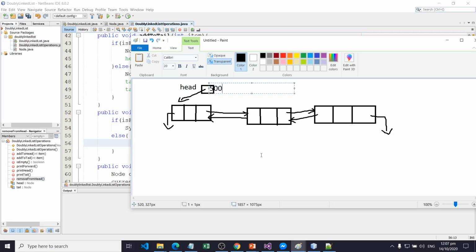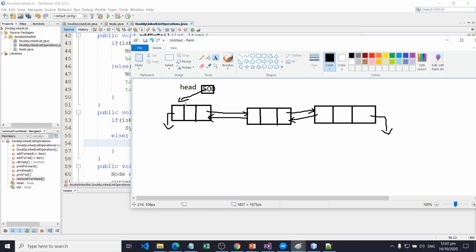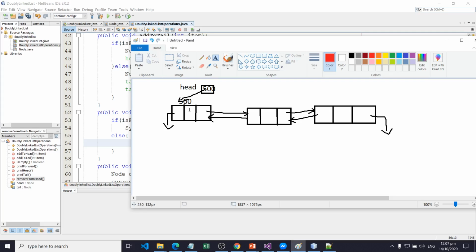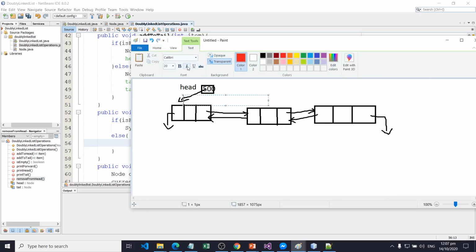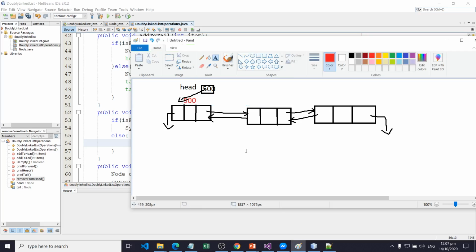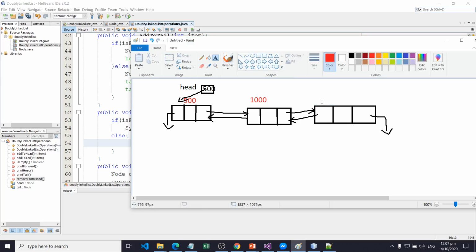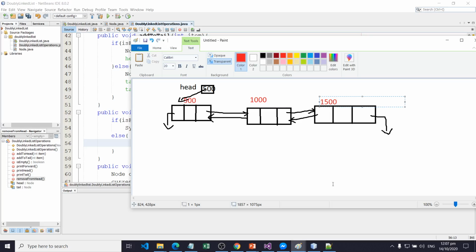So head is pointing to this one, and for example, this has a value of 500. So this one is located at address 500. This one is at 500, and this one is at 1000, and this one is at 15.